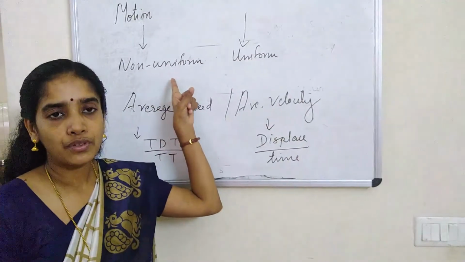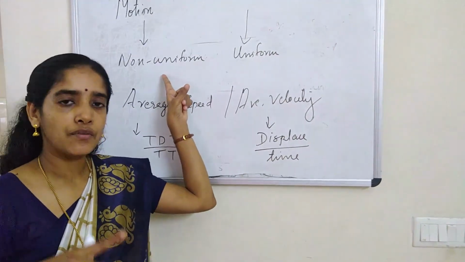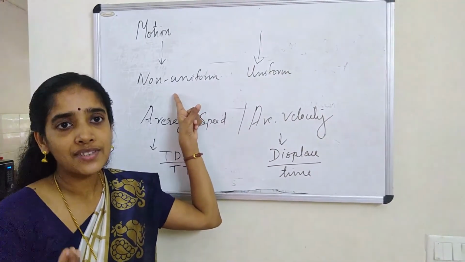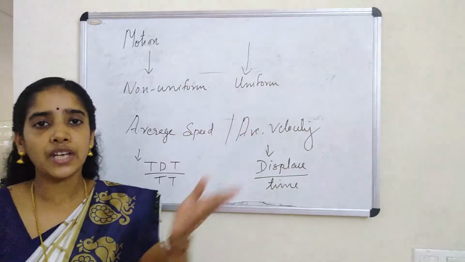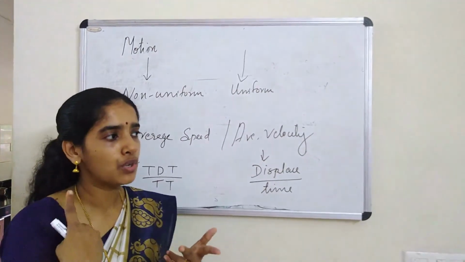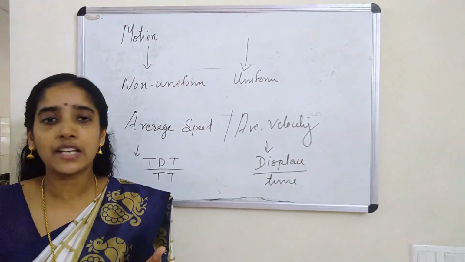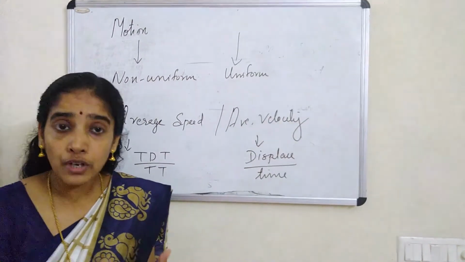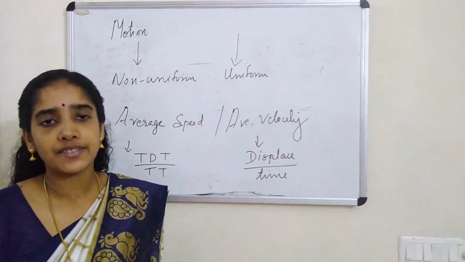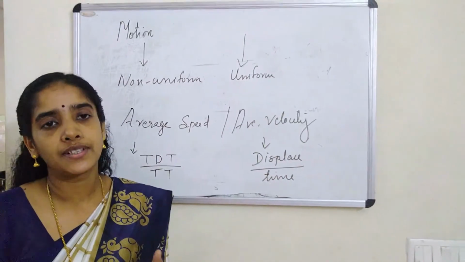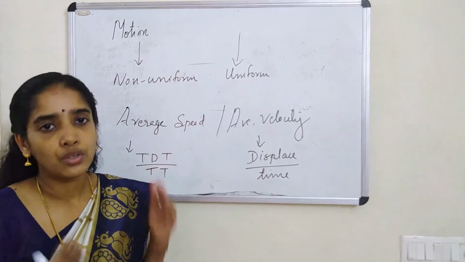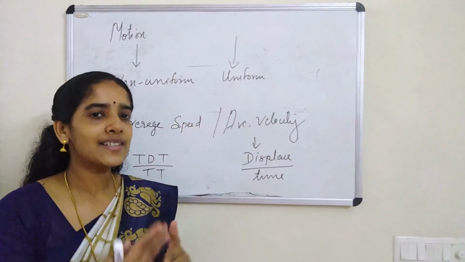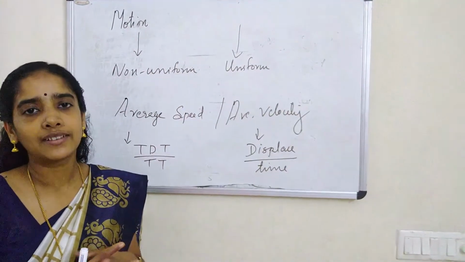What do we mean by non-uniform motion? It's a type of motion in which the speed of the object is continuously changing. Examples are the motions we see around us: motion of vehicles, motion of animals or flying birds, movement of earth around sun or satellites around the planets. All come under the category of what type of motion? Non-uniform motion. So is there any example of a uniform motion in day-to-day life?